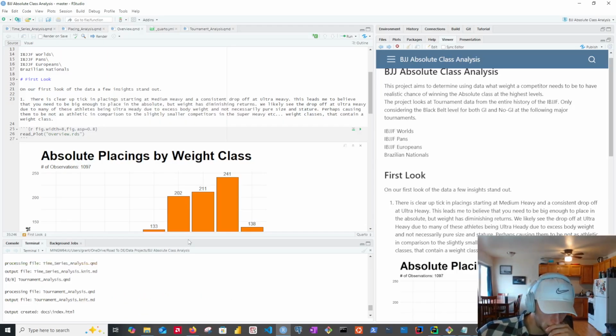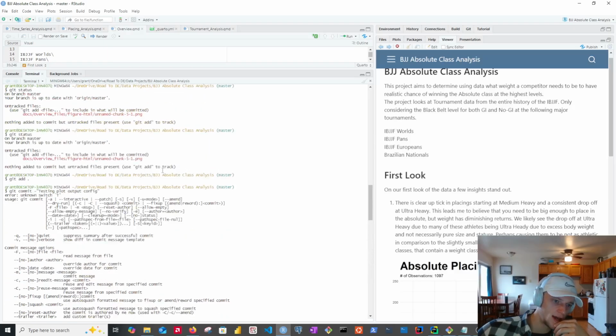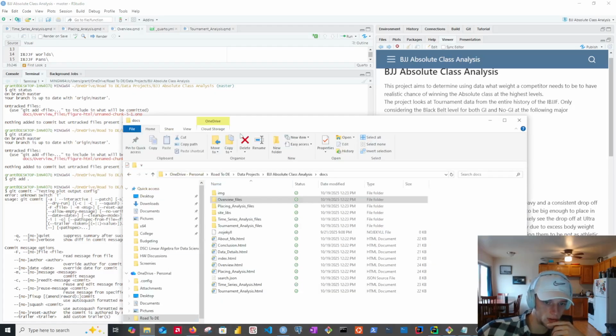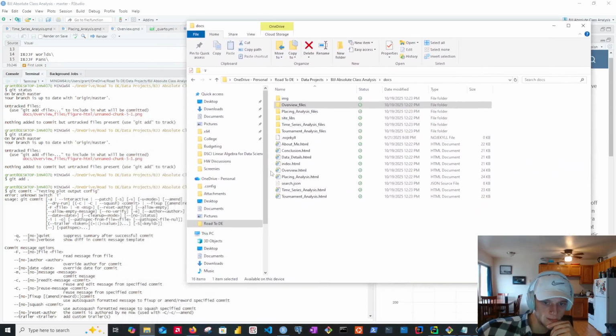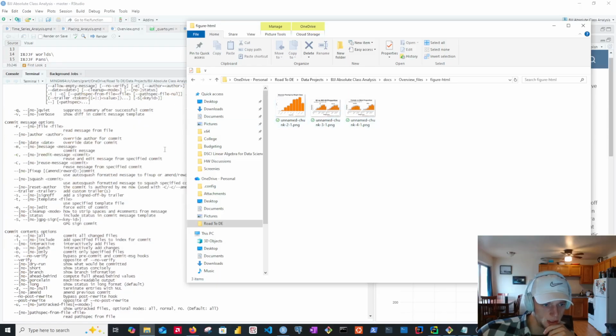So let's look through the log real quick and try to figure out why it's showing this as edited now, even though I already added and pushed, because it said the PNG got edited. So let's look in the actual folder structure a little bit. So docs, overview files. We have some PNGs versus